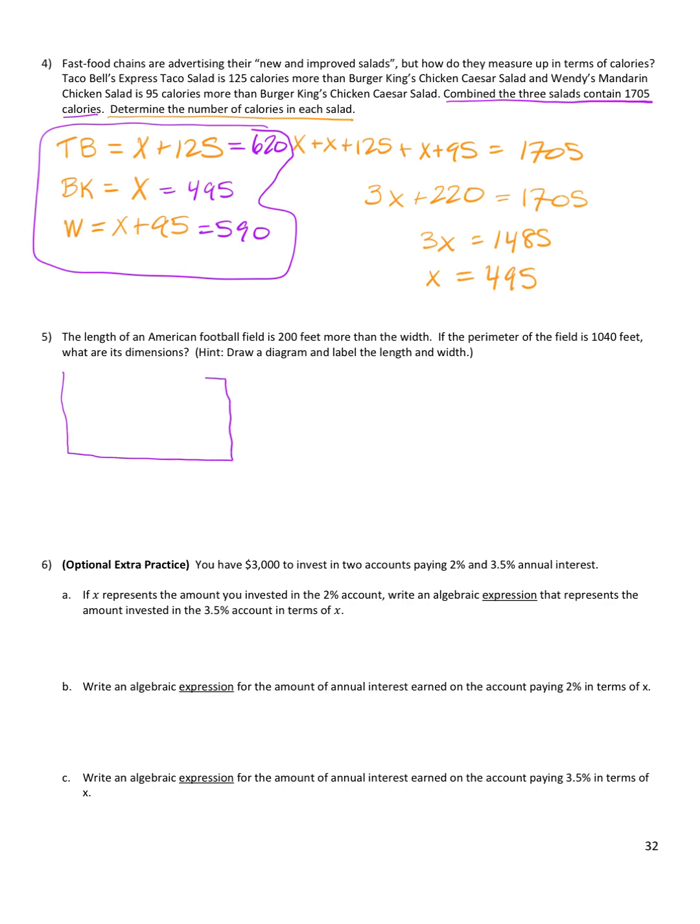So a football field is a rectangle, and the length is 200 more than the width. So here's the width. The length is longer by 200, so I add 200. And then what equals what? The perimeter is 1,040, so perimeter equals